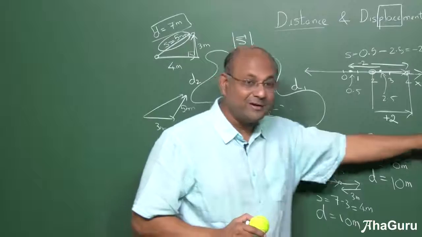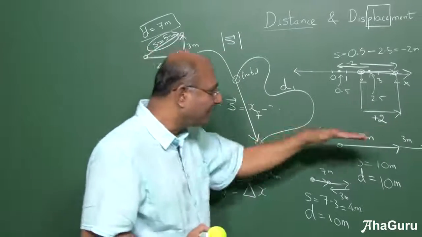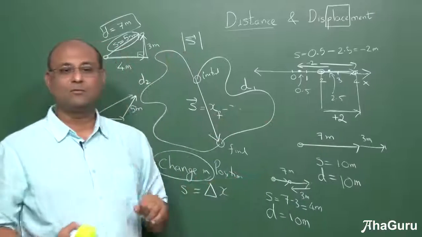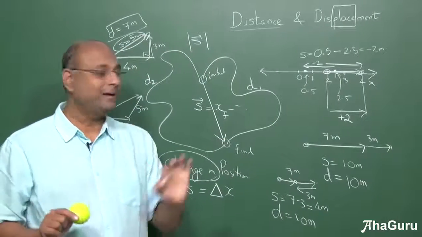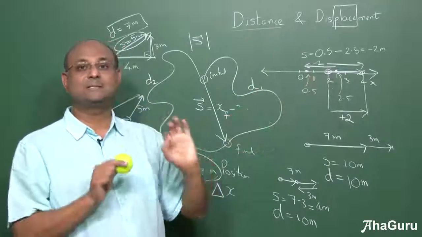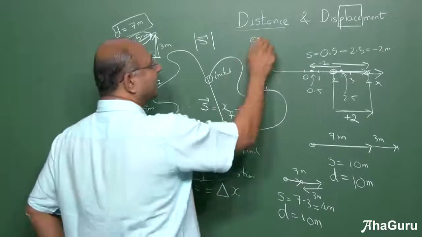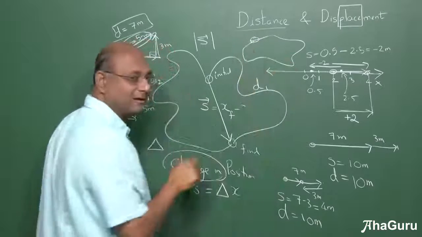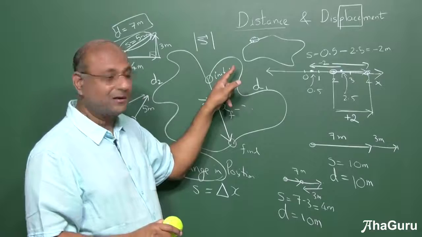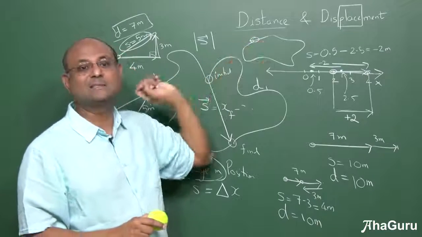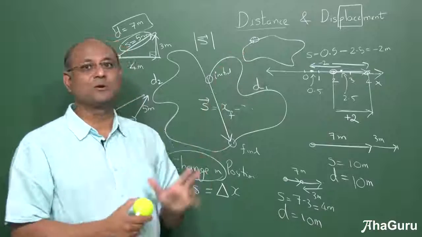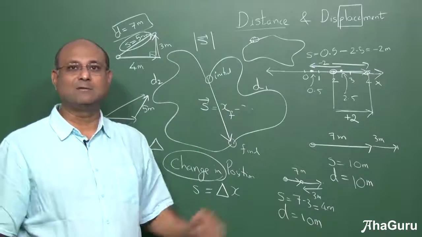You are either going forward or you are going backward. Forward 7 plus 3, 10. 7 backwards 3. So 7 minus 3, 4. So that is very important. Keep in mind what is the difference between displacement and distance. Displacement is a change in position. If I start here and I go all over and I come back here, is distance 0? Is distance travelled 0? No, right? But if you look at displacement, that is 0 because you are back where you started. Okay, so displacement turns out to be a very useful concept to keep in mind, and we're going to see that all over in physics.